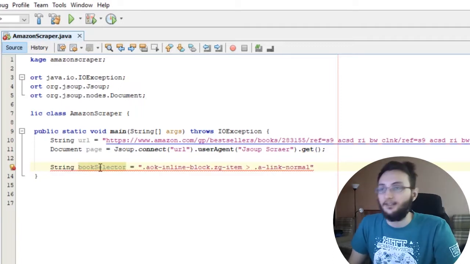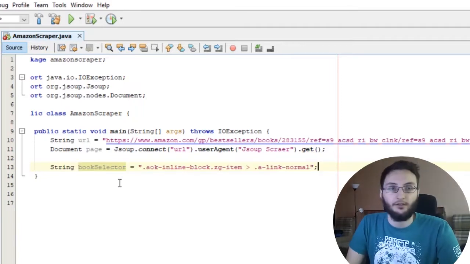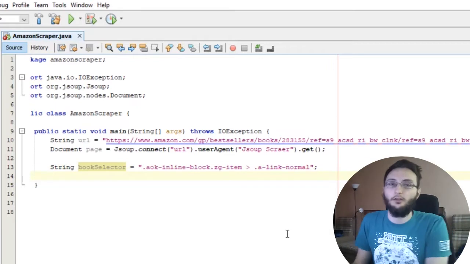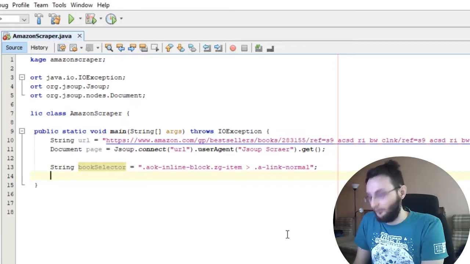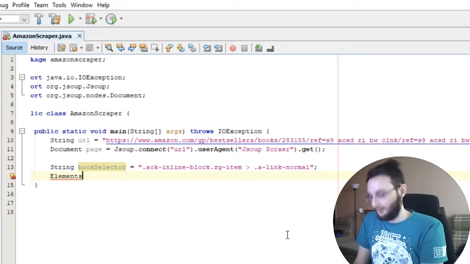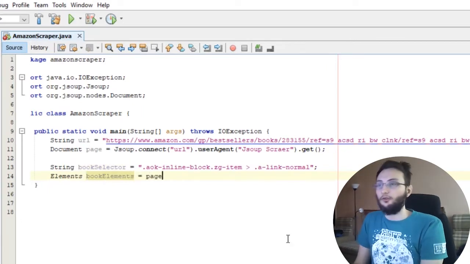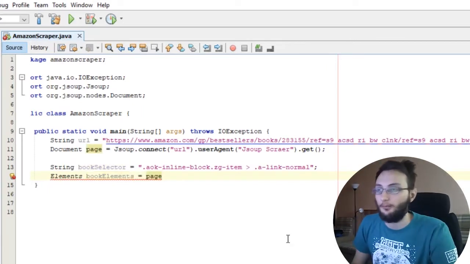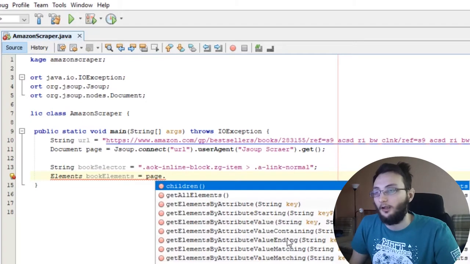So this is our CSS selector or CSS query. In Jsoup we can use the Elements class to select multiple elements from the page. Let's call it book elements. We have to use the page object,